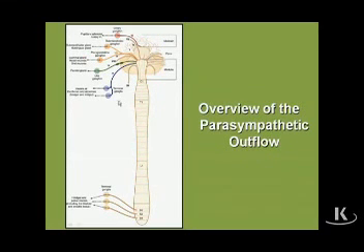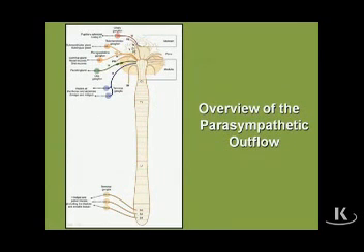It's true for S2, 3, and 4. The only thing that's different is what regions are these end organs in. And fundamentally, we can say that the organs that are in the thorax and fundamentally the upper portion of the abdomen get their parasympathetics from the vagus, and those that are in the lower portion of the abdomen and the pelvis get their parasympathetics from the sacrals. And that's all there is to it.